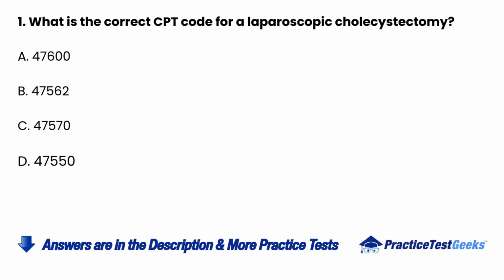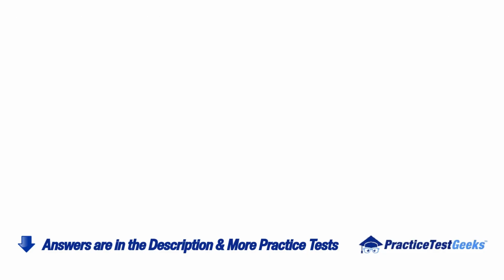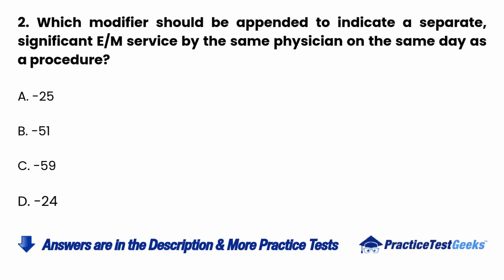1. What is the correct CPT code for a laparoscopic cholecystectomy? A. 47600, B. 47562, C. 47570, D. 47550. 2. Which modifier should be appended to indicate a separate, significant EM service by the same physician on the